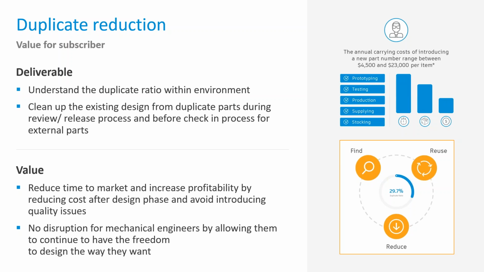And one person did make a comment in the questions I think is important to note. It will flag geometrically identical parts even if they are different materials, right? So that is something to keep in mind, right? So a different material, if it needs to be a different part number, and it probably should, that is something to note. So this number isn't necessarily gospel, right? This is pure geometric